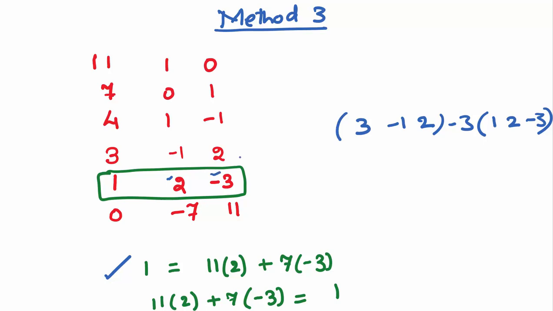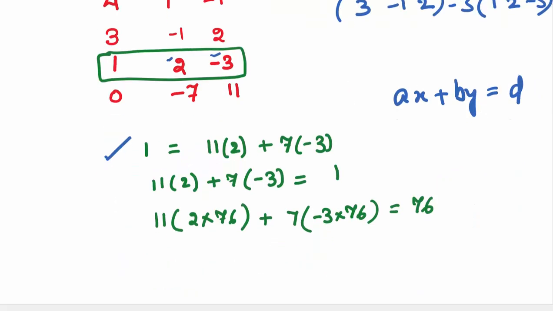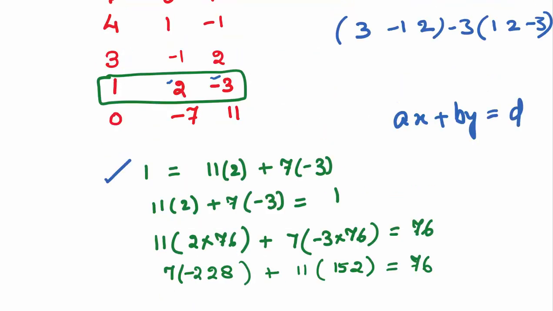You already know that we have done a theorem earlier which says that if the GCD of two integers a and b is d, then we can always write them as a linear combination ax plus by is equal to d. So that is what we have used here. Again, for this you can check my videos on Diophantine equations. So I'm just rearranging. We get 11 into 2 plus 7 into minus 3 is 1. But our right hand side was 76. So multiply by 76 all over. The equation was 7x plus 11y is equal to 76. So let's rearrange the terms and write it in that form.